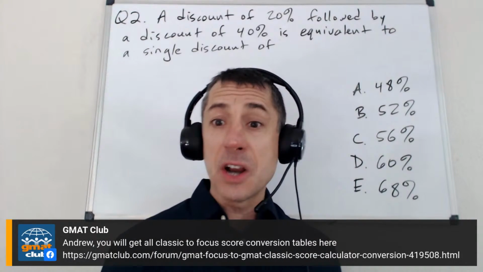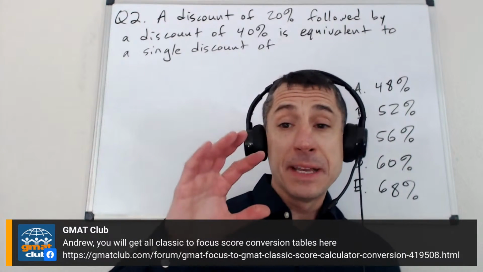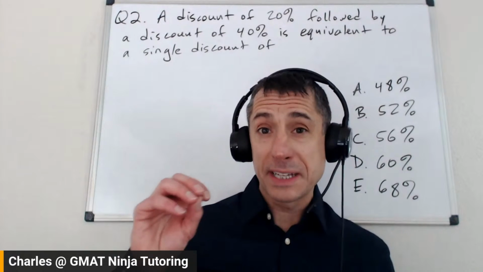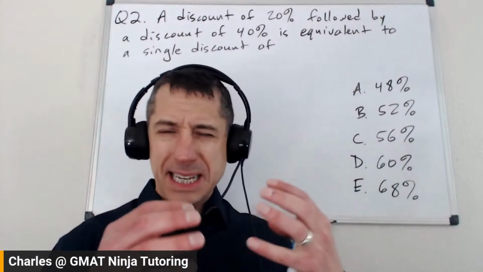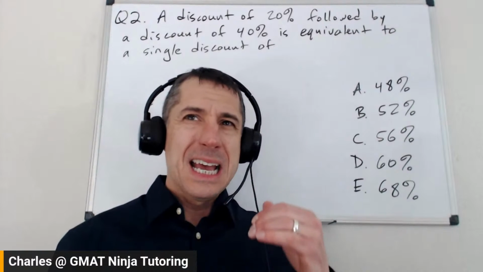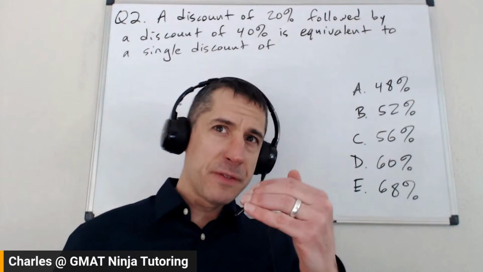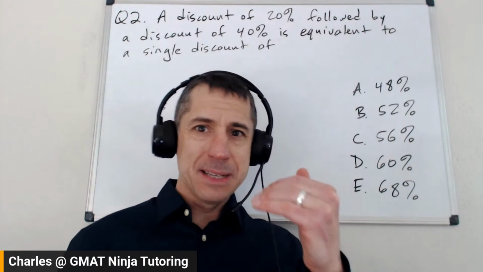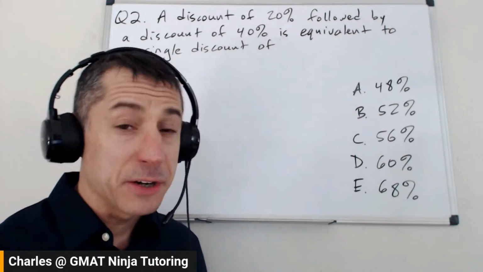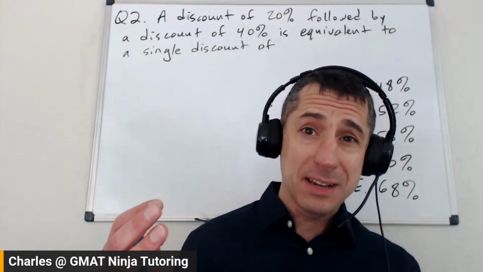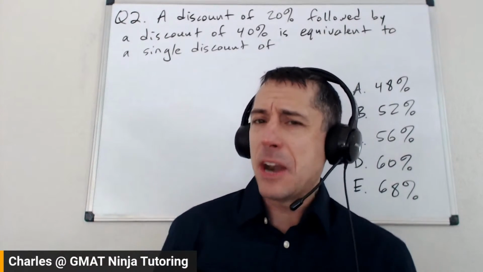Conversion tables are there. Now, that said, in terms of admissions, one of the things I've been thinking about a lot lately with this question of what it really means to get an 80 on the GMAT Focus: 90 is a perfect score. 80 is above the median. It's a nice round number. I'm not convinced that admissions committees are always going to understand the difference between an 81 and an 83. Really, what does that mean? How much does that matter?